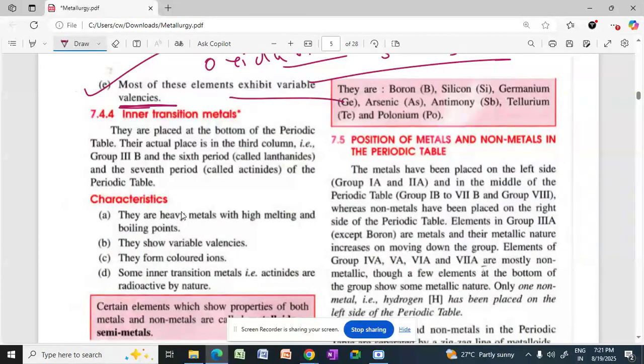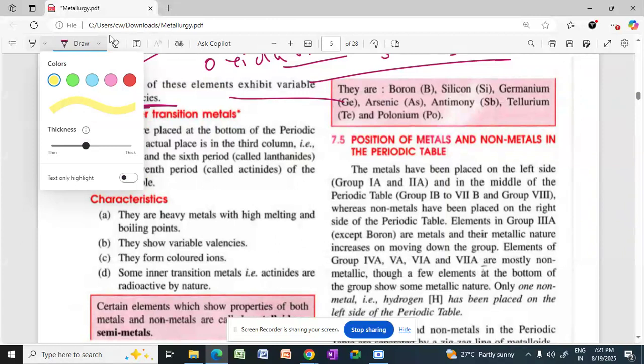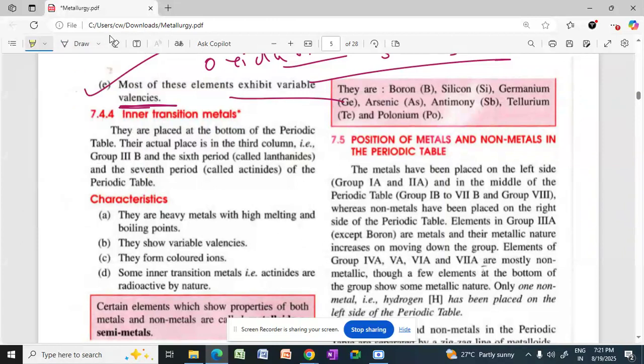Next, a very important thing we are going to discuss: inner transition metals. Now you must know what inner transition metals actually are. They are placed